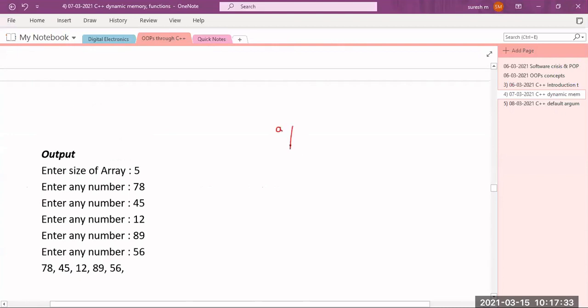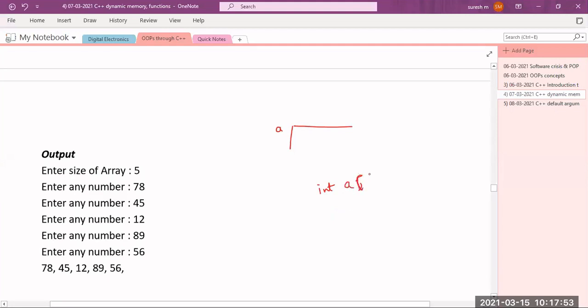Reallocate, sir. Yeah, reallocate means I have already placed int *ptr with new, and now I want to reallocate again using new. So ptr, yeah, I will take an array, int a.